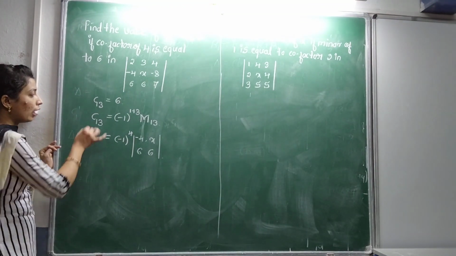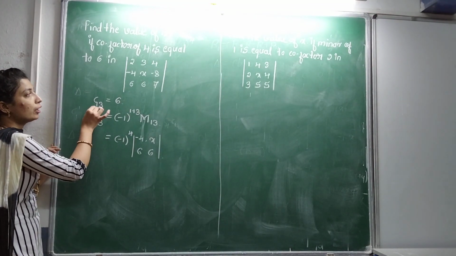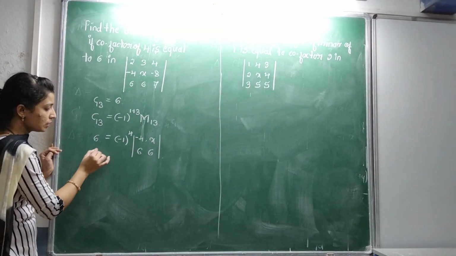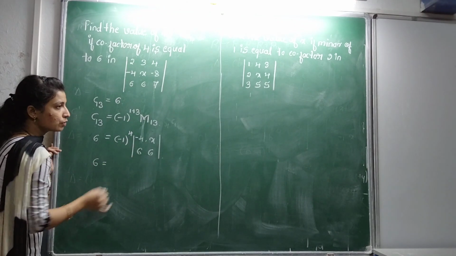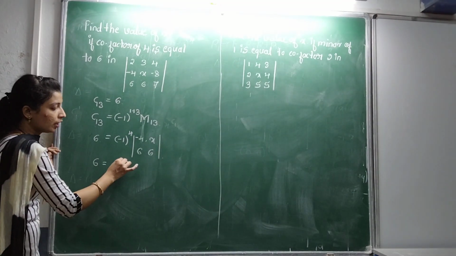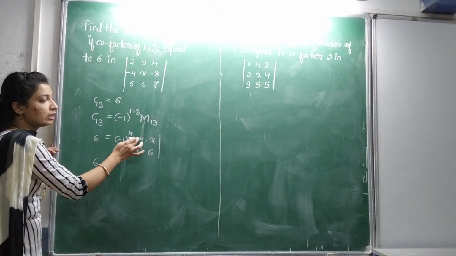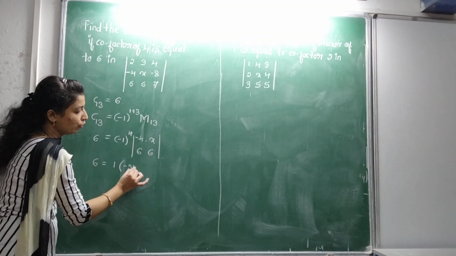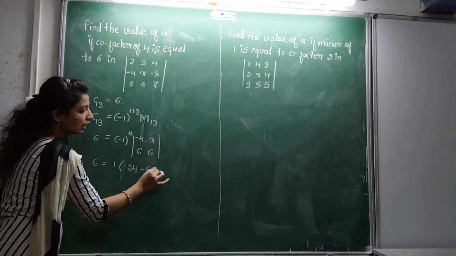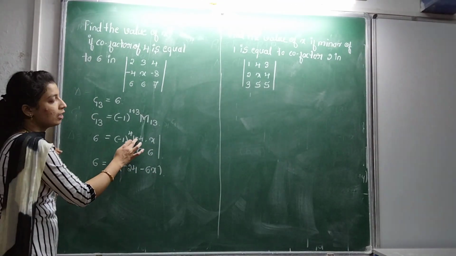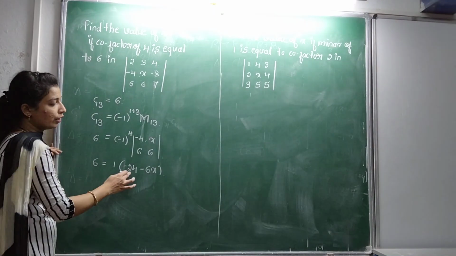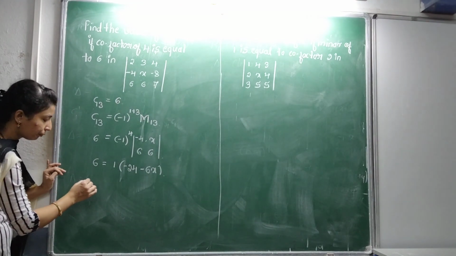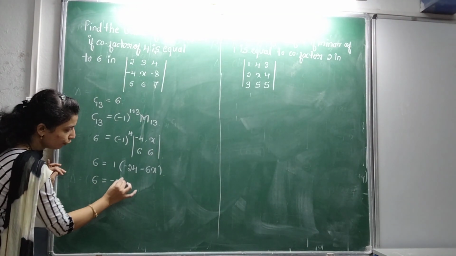Okay. So already we know the value of C13: the cofactor of 4 is equal to 6, so C13 value is 6. Now simplify the term. 6 is equal to minus 1 to the power 4, which is 1, into the determinant. Solving this determinant, the value becomes minus 4 into 6, that is minus 24, and minus 6x. Okay, cross multiply: minus 6 into 4 is minus 24, and minus of 6x. So again here we have 6 is equal to minus 24 minus